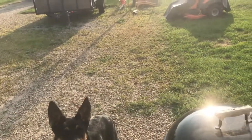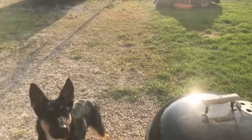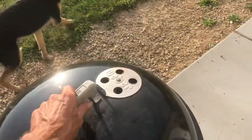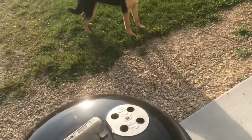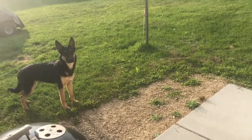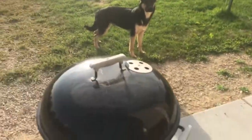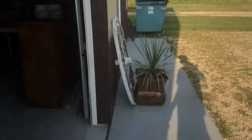Here it is Sunday at 7 o'clock p.m. There's my dog Jack. We just had some delicious cheeseburgers. They were good. Anyways, I'm going to flip this around. Where is that sucker? Yeah, man, you can never find it. Anyways, I'm going to show you,